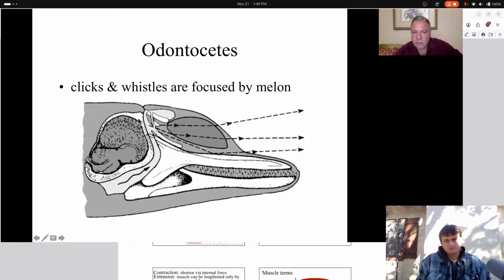So it's generating the sounds up here at the monkey lips. And this air is passing back and forth. So it's not losing the air; it's passing it back and forth, creating vibrations. Now, as those sounds are being emitted out the skull of the animal,